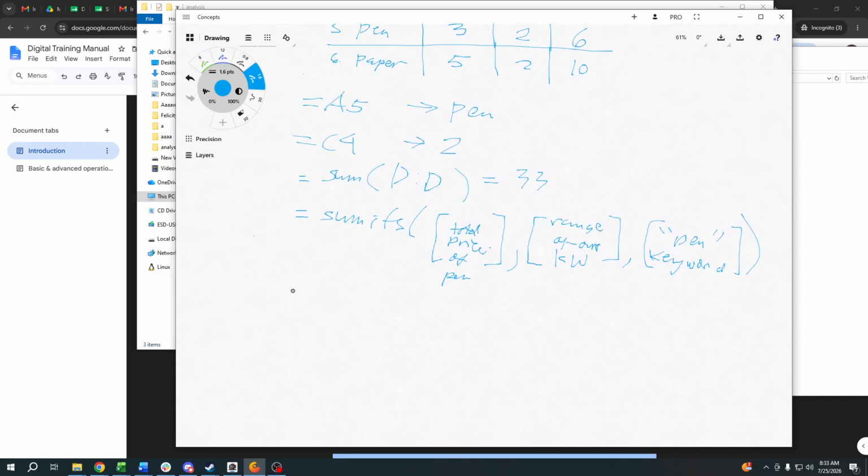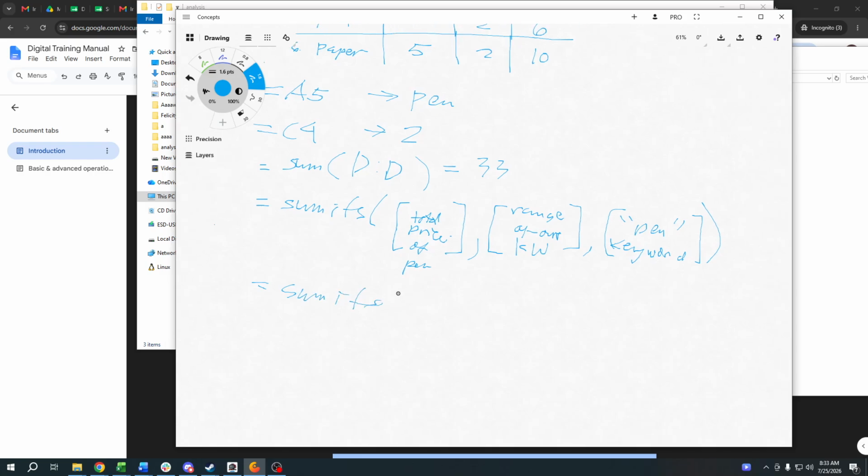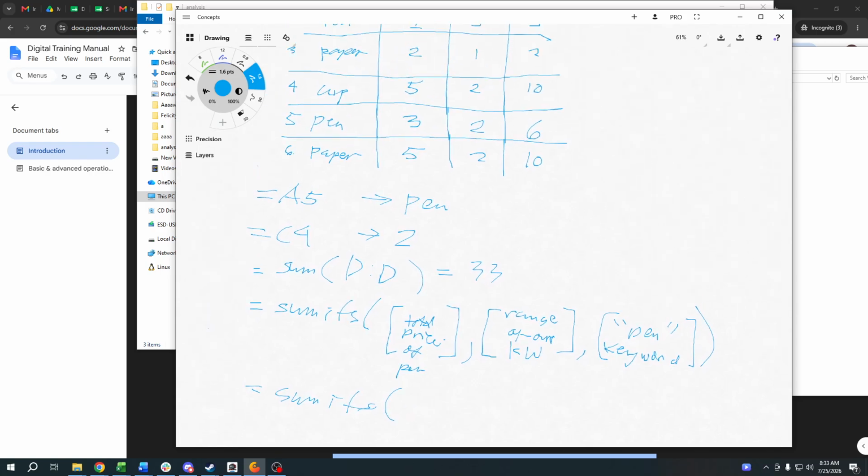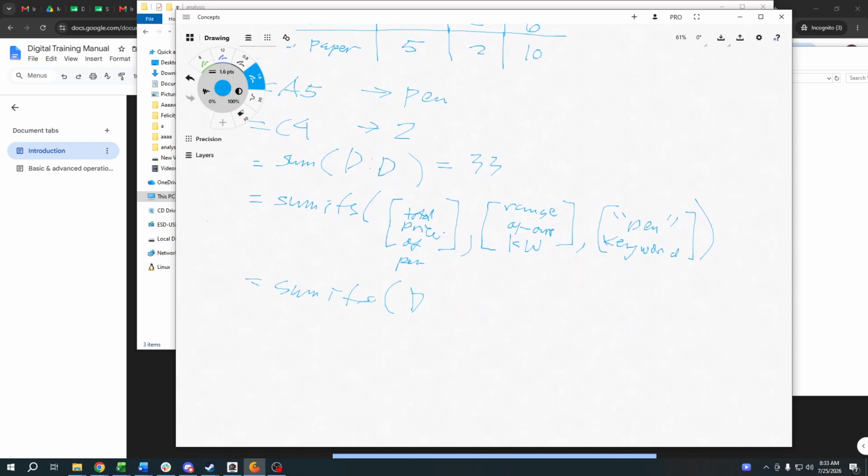Now, if we apply this in a formula, it's SUMIFS, D, and A, and pen.